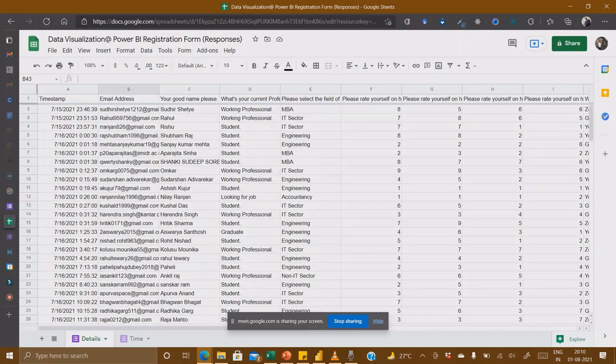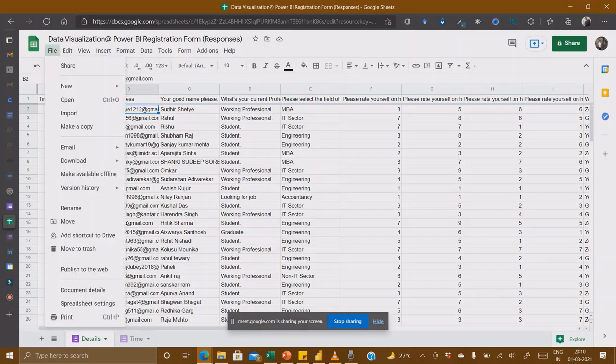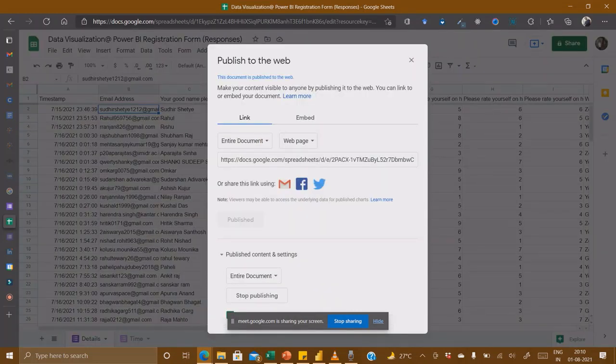The next thing I had done is I published this Google Sheet so that anyone can use this table. If I go to File and here you can see Publish to web, and I click here, it shows that it's already published to the web, right?